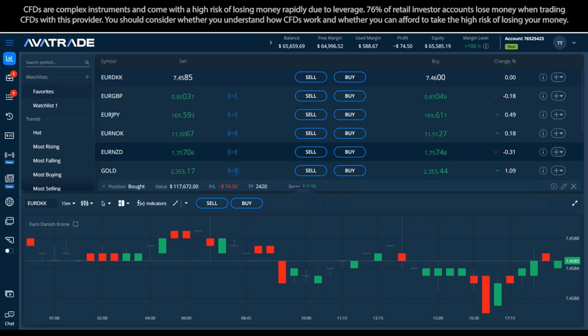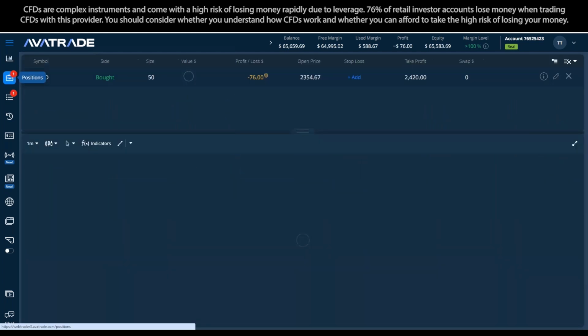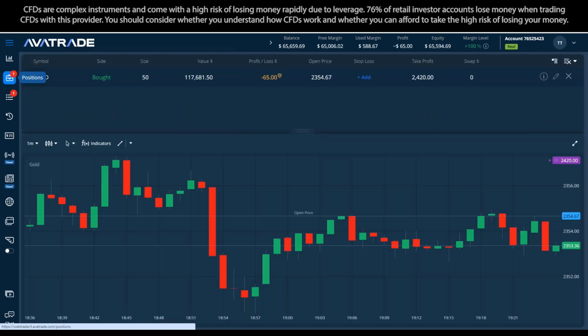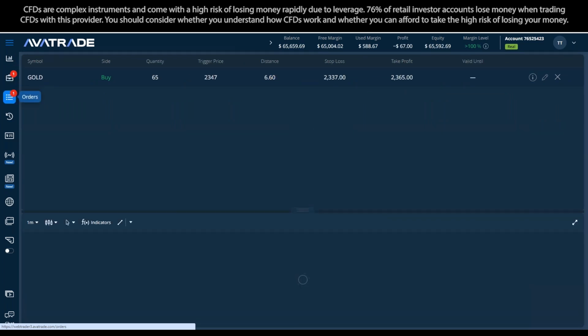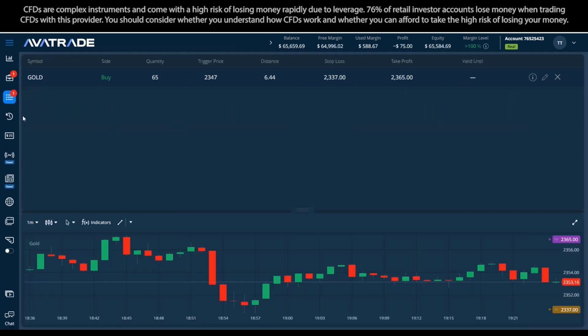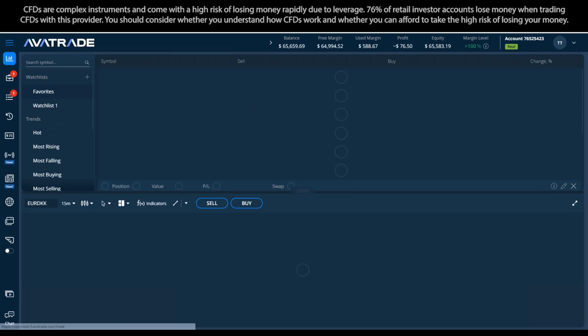So if you're not familiar with the platform, you can take a look at your market moves here in the positions area, okay, and your pending orders here. And so you see the trigger price. If it drops to that price, then we'd be in on the pending order. Okay, so